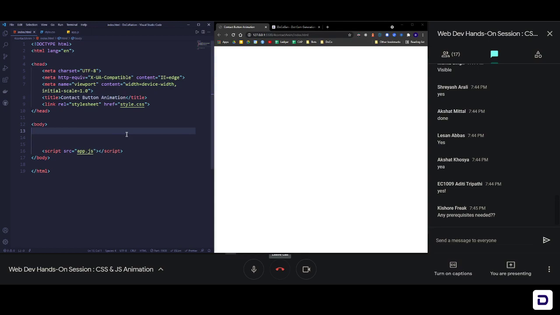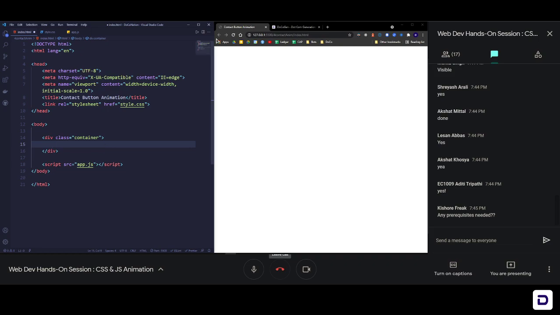So first of all, we need the container that is going to have this whole circle icon and the animation. So I'm going to make a div with a class of container. Inside that you are going to have all of your icons, correct? That is going to be the container for the element we just saw.